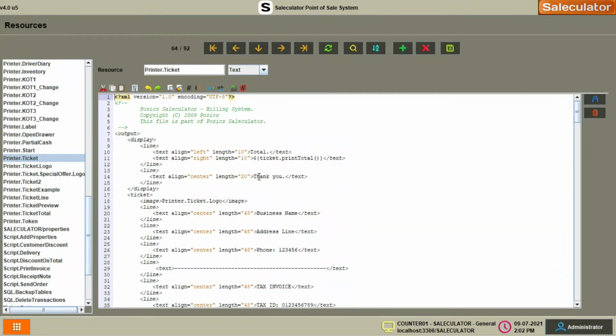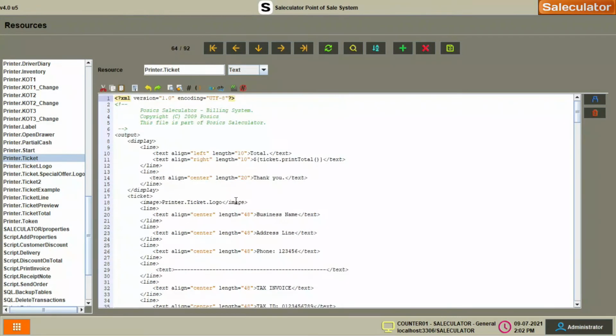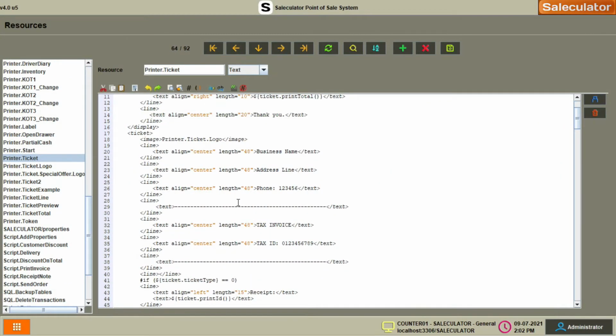Now I'm gonna tell you how to change the name of your establishment on top of your receipt, right? So this is what we get by default the moment you install the software. We get business name, the address line, and the phone number, whatnot. So these are the default 3 lines, and in case you want to add any lines, all you got to do is just copy these, the line starting from the parenthesis line and the line that ends with the parenthesis / line. Just copy all those lines together, and